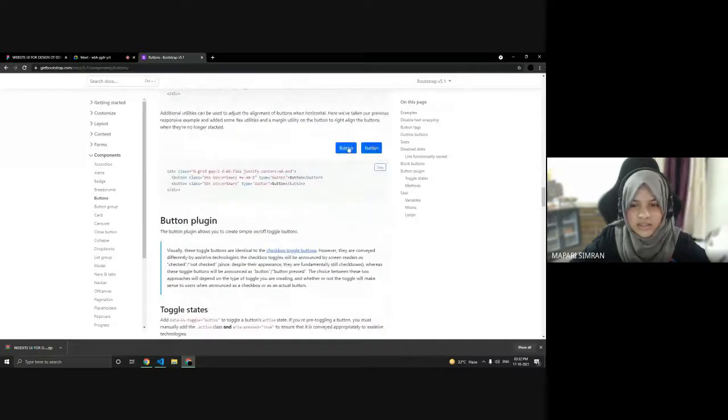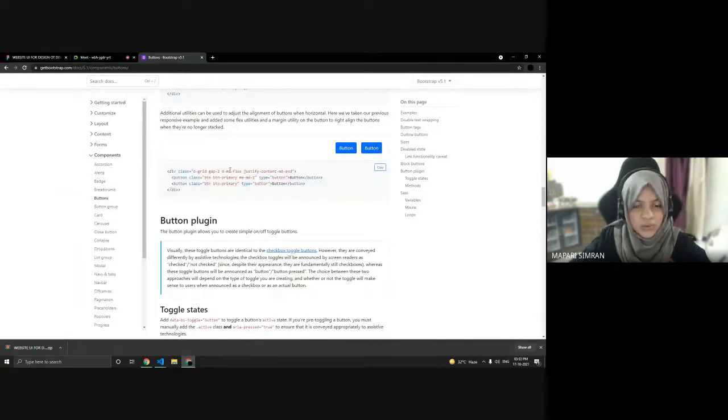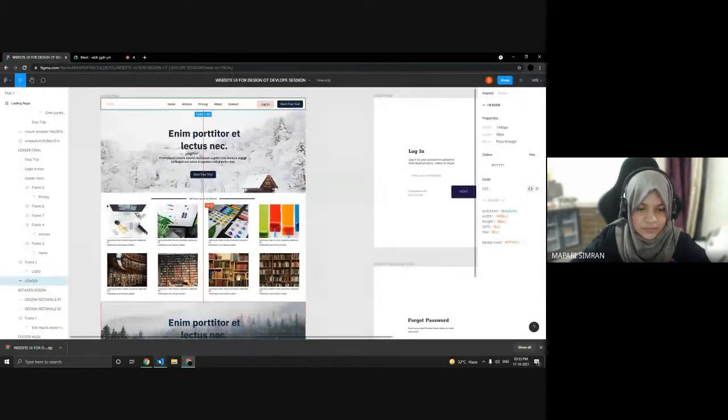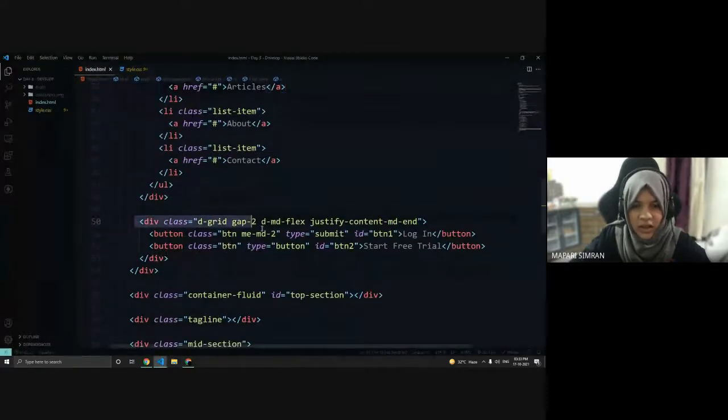I need these kinds of buttons at the right side, so I have just copied this and added it in my HTML document. If you are following along, you can also do that. Just copy this and paste it there. So these are the two buttons.